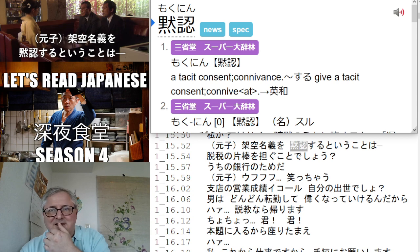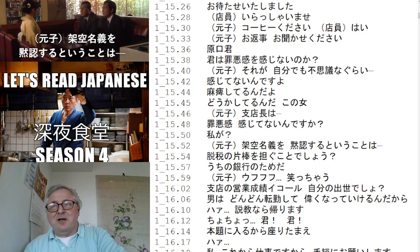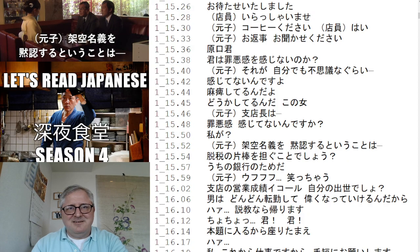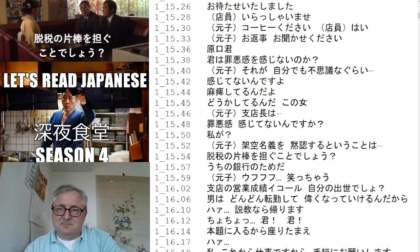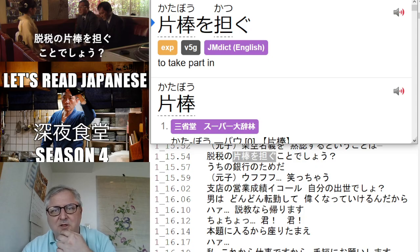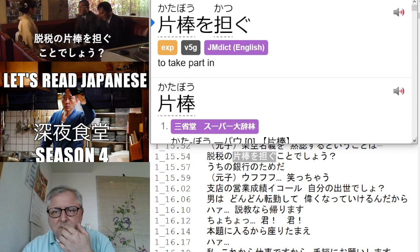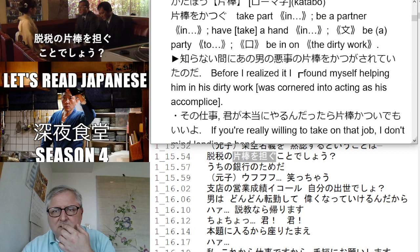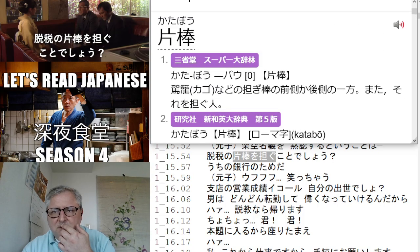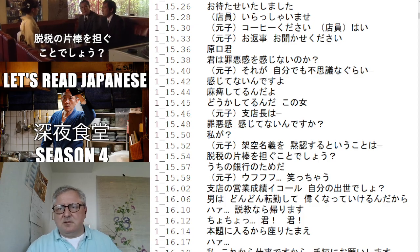麻痺してるんだよ。どうかしてるんだこの女。 支店長は罪悪感感じてないんですか？ 私が？ 架空名義を黙認するということは。 架空名義を黙認。Tacit. Oh, I like that. Silent consent. I like that. 黙認. I mean, okay. 黙認する. Oh, I like that word though. 黙認. Okay, silent consent. 架空名義を黙認するということは脱税の片棒を担ぐことでしょう。 脱税の片棒? What is 片棒? Take part in. 片棒. Accomplice part. Okay, good. Eyeballs, basically partners, but 片棒, accomplice. And that was 担ぐ. So 片棒を担ぐ. 脱税の片棒を担ぐことでしょう。 うちの銀行のためだ。